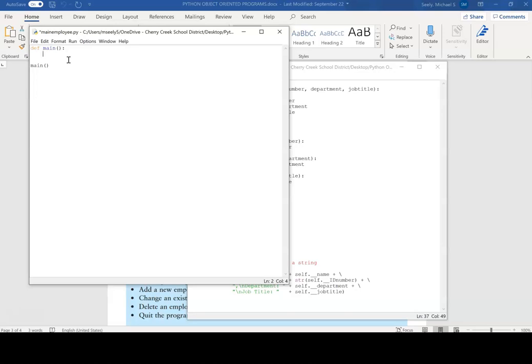Alright, so let's see here. From employee, import employee. Okay, so we import the employee. Then we're going to create the 3 employee objects. So we can say employee 1 is equal to employee,